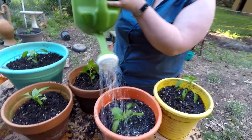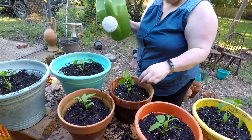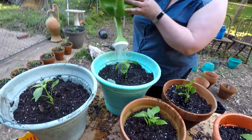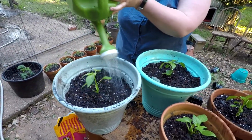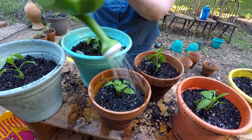Okay, so we water the peppers the same way we did the tomatoes. That one's trying to lay down. Peppers do that sometimes. They try to get tired. But anyway, we water them the same way, and every day we'll come and check on them, and we'll water them like the first couple weeks to make sure that they're well watered in, unless it